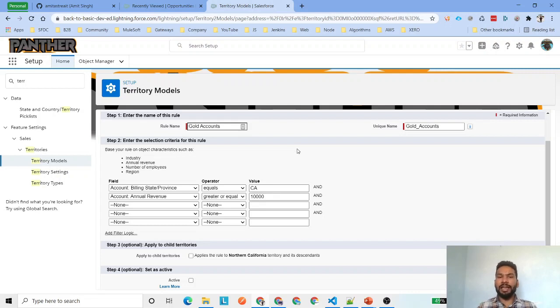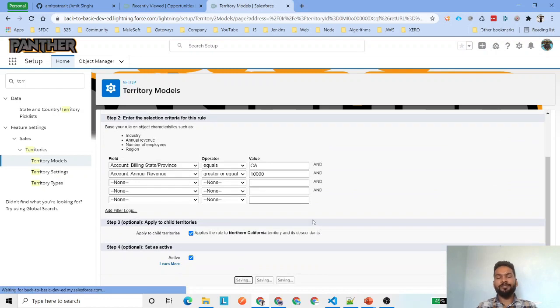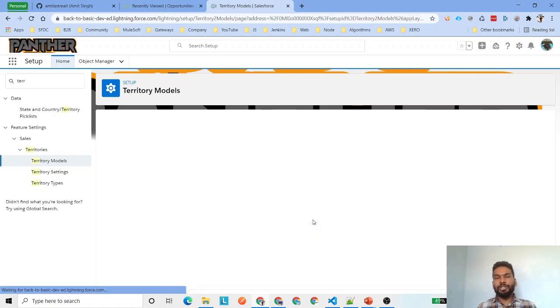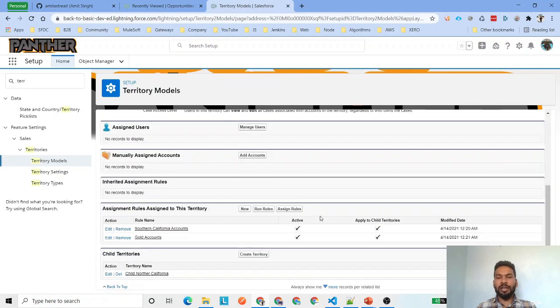You might have 1 lakh, 10 million, or 1 billion. You can have any numbers over there. Again, I'm going to apply this and activate this rule. Go ahead and save this. So what we did is we created two rules, one based on the postal code and one based on the account revenue.